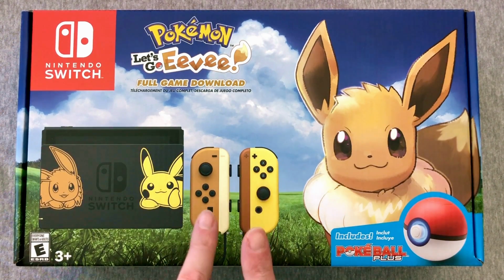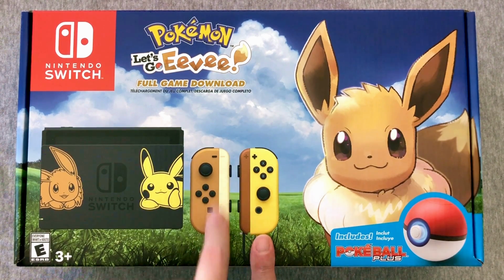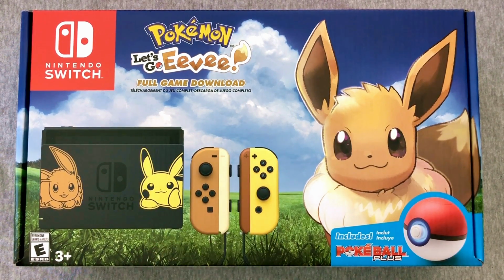And of course, we're going to get these beautiful, exclusive to this bundle, Joy-Cons, the Pokemon Joy-Cons. You have Eevee colors and you have Pikachu colors. Plus, you're gonna get a Pokeball Plus, which is a really cool accessory, and I'll explain because basically, for some